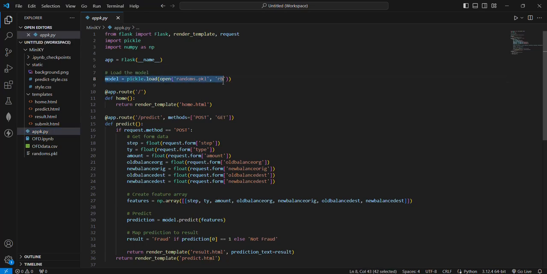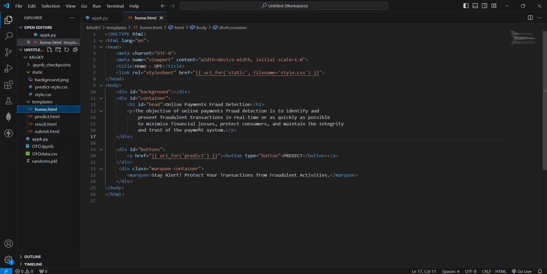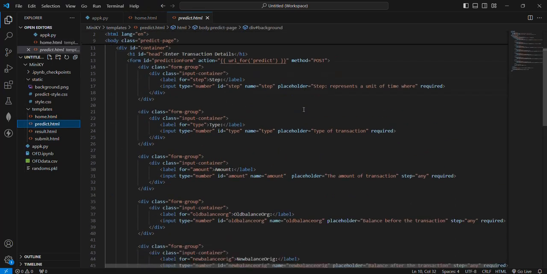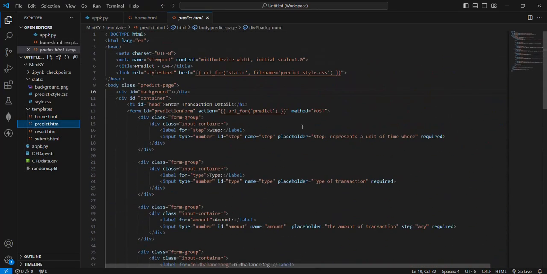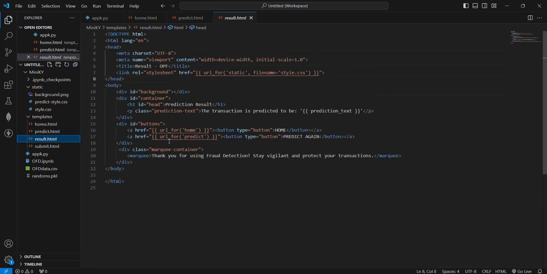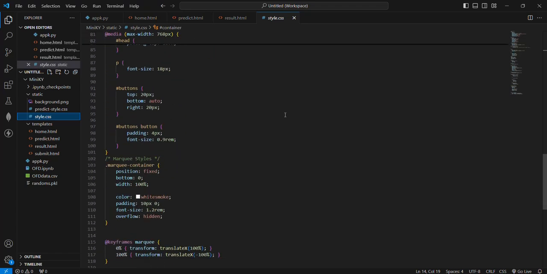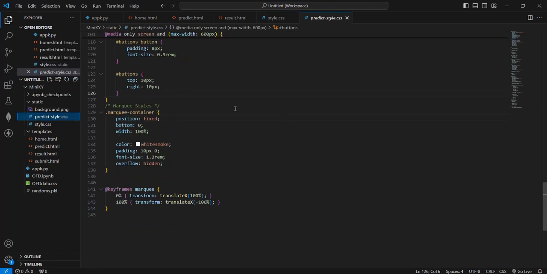Here I loaded my pickle file which I saved after model training. Then afterwards, this is my home page. This is where I enter the values to be predicted. This is my result page, where the transaction is going to be predicted and shown as the output. And this is the file for styling my structure, and this is for prediction page